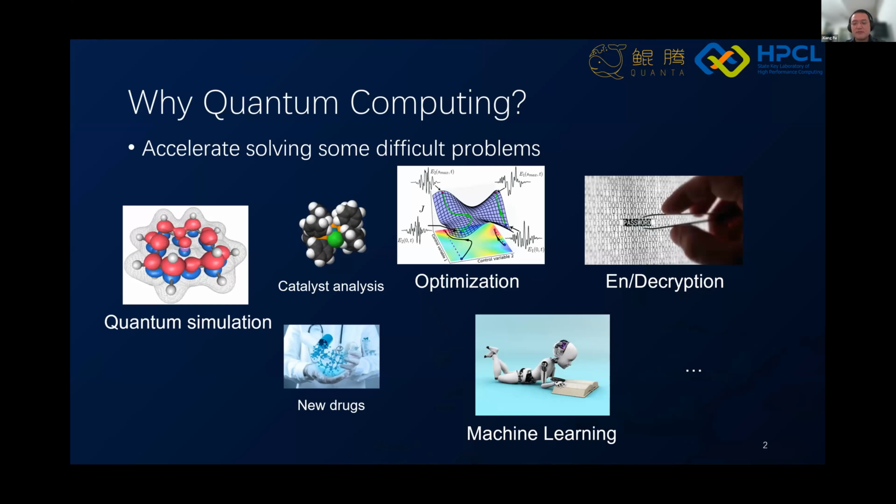The first part is some basics about quantum computing, then I will discuss the rationale behind Quingo, and finally some introduction to Quingo. So why do we use quantum computing? Because it can accelerate some problems that are difficult for classical computers, like quantum simulation, optimization, machine learning, etc.